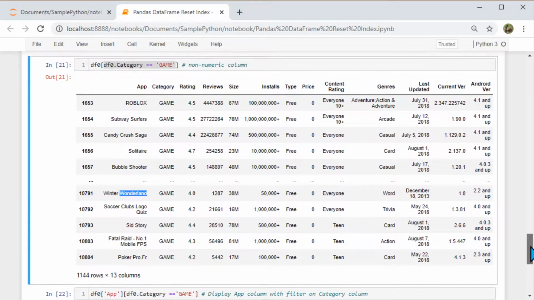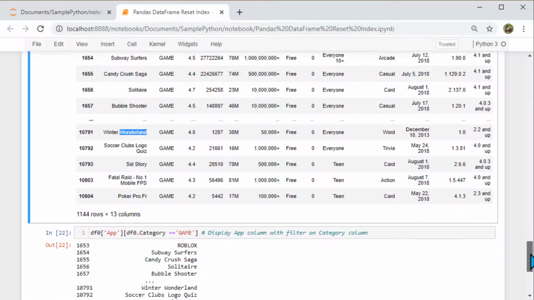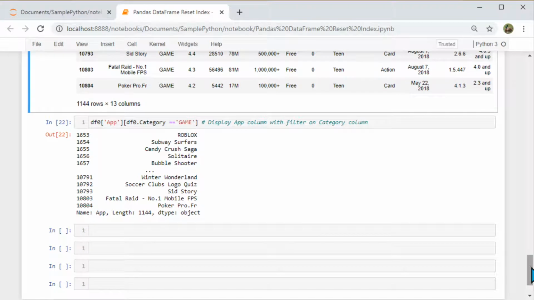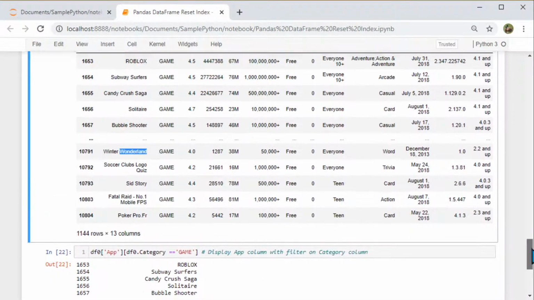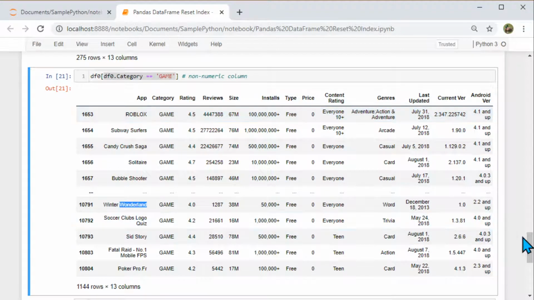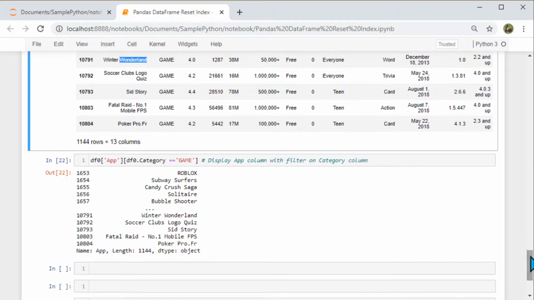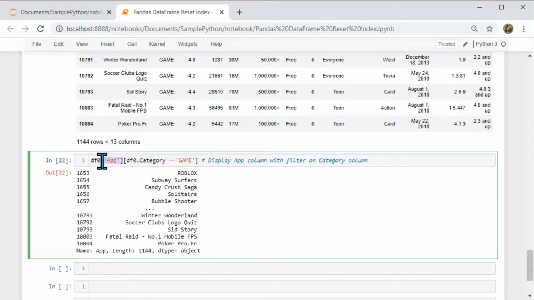So let's say our goal is to see the name of the app and not everything else, then we can just display one column, for which the category column is game. Okay, so this is like having a select clause and a where clause in SQL. This is the select criteria and this is the where criteria.